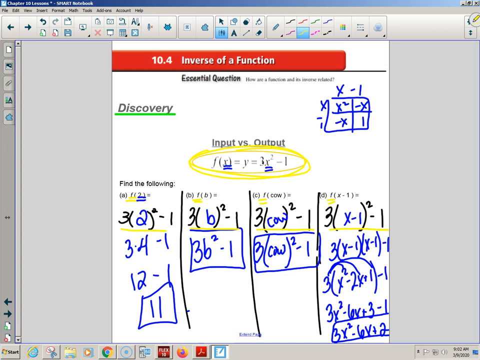Sometimes plugging in a 2, sometimes plugging in a b, sometimes plugging in a cow, that's weird, sometimes plugging in a binomial. But what I need you guys to see is that little f of is just saying use him as your program. Use him as your pattern. And what do we do with the inside guy? We plug him in, plug him in. So what I want you guys to write, do you guys have a little bit of space above the input-output? Okay. We plug in the input